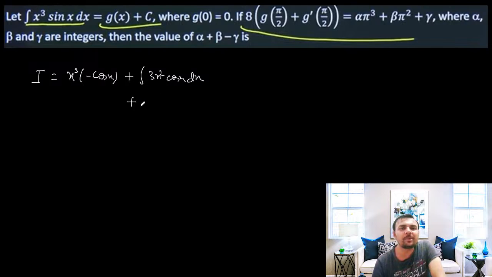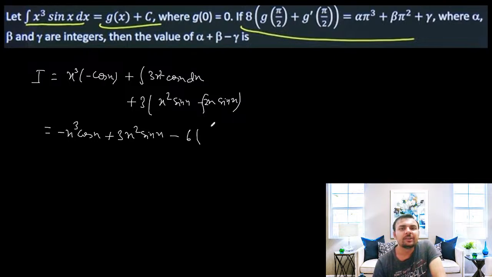Again open this, 3 is like this only: x square sin x minus 2x sin x integration. This is nothing but x cube cos x plus 3x squared sin x minus 6. Then again by parts,